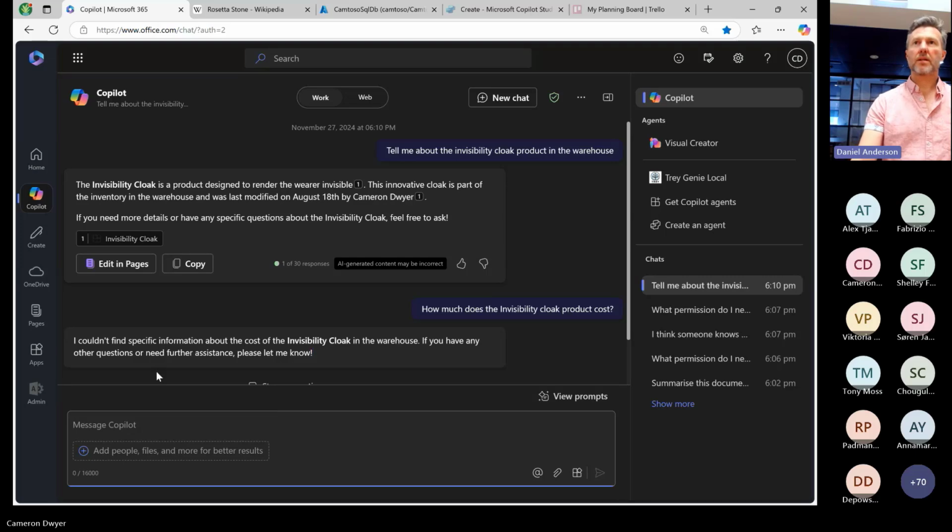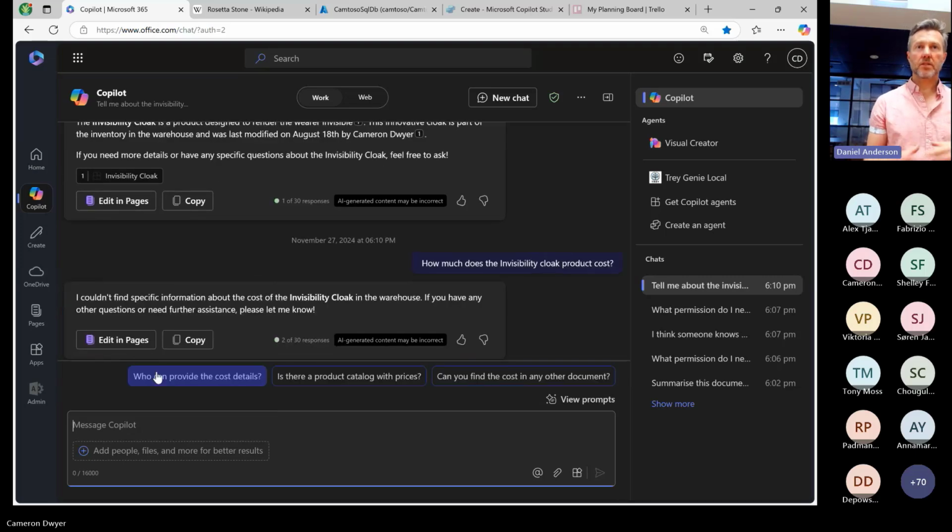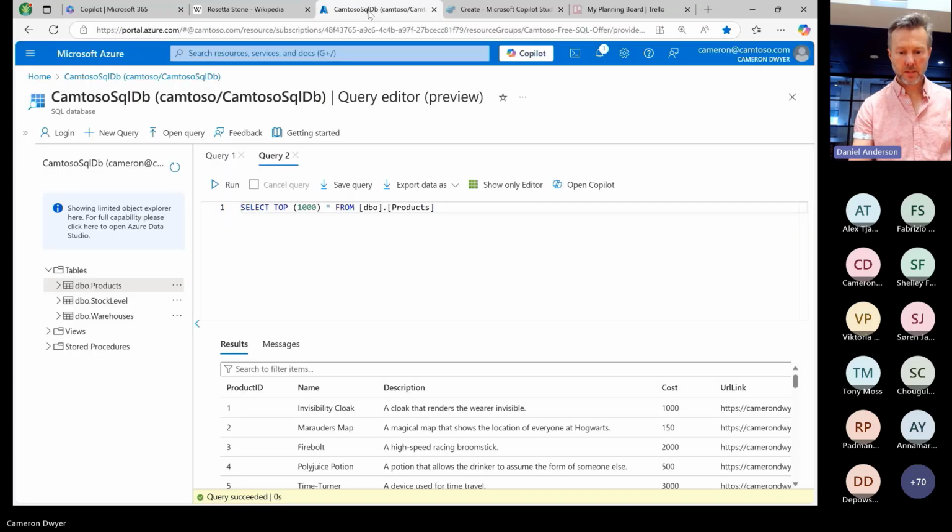What it'll tell us is, I don't know what the cost of it is. And this is this structured information. If we go back out to that database, it found the invisibility cloak because there were a few words around it. But as soon as you start getting into numbers, it doesn't necessarily know that that number is related to a cost. And this is the problem that you get with structured data and relational data, is that the graph connectors themselves aren't great at this structured data.